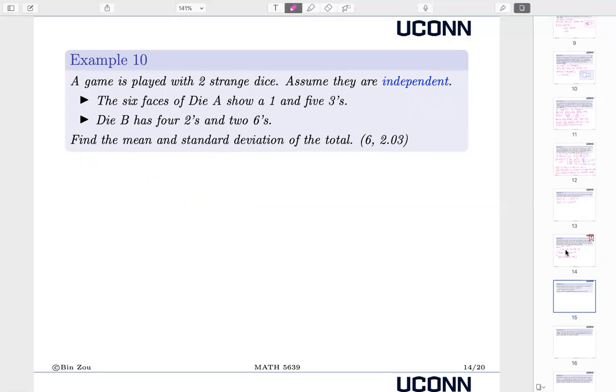The next one asks you to calculate the mean and the standard deviation. Here, the only thing I want to talk about is independence. There are many slightly different definitions of independence. Let's say x and y are two random variables. X and y are called independent if the correlation is 0,